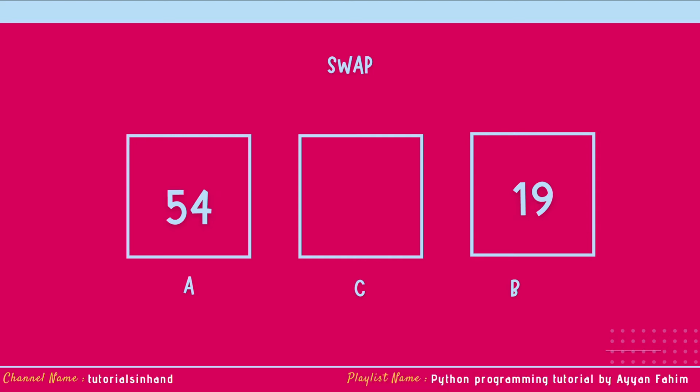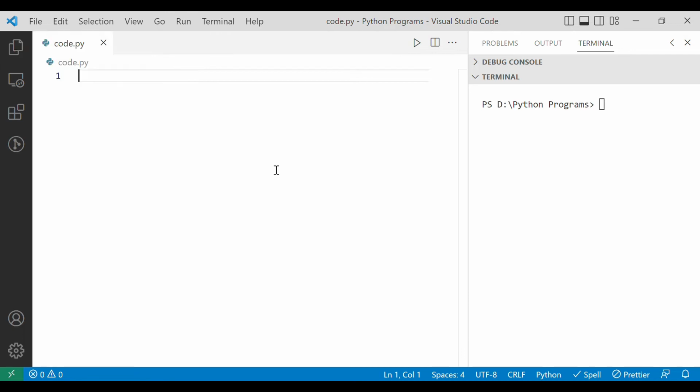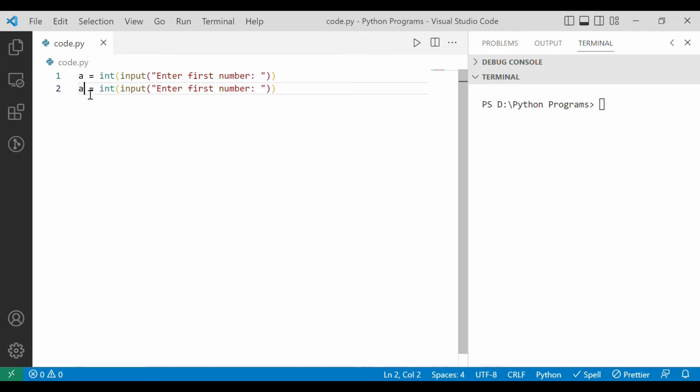Now let's quickly move to VS Code in order to write this programmatically. First of all, let's create a new file by clicking onto this icon and let the file name be simply code.py. Now let's ask the user to enter two numbers and let the variable name be simply A. We will ask the user to enter the number, and we'll cast it to integer type with the help of int. Similarly we will take the input for the second variable and let the variable name be simply B, and let's also change the comment. Up till here we have taken the input from the user. Now let's print it like this: